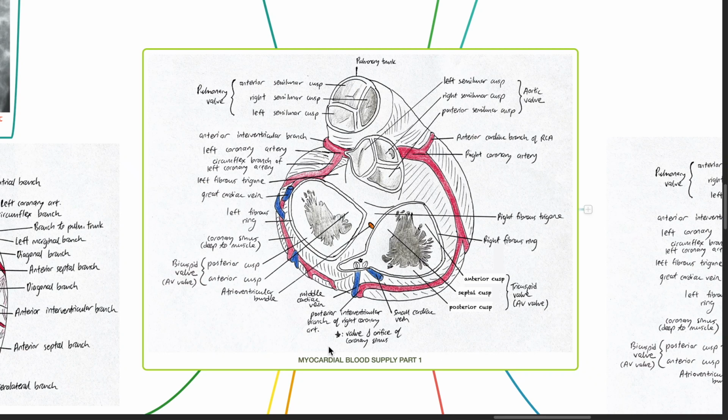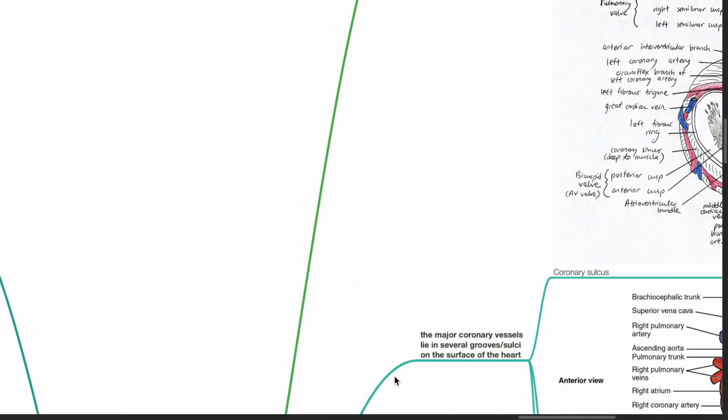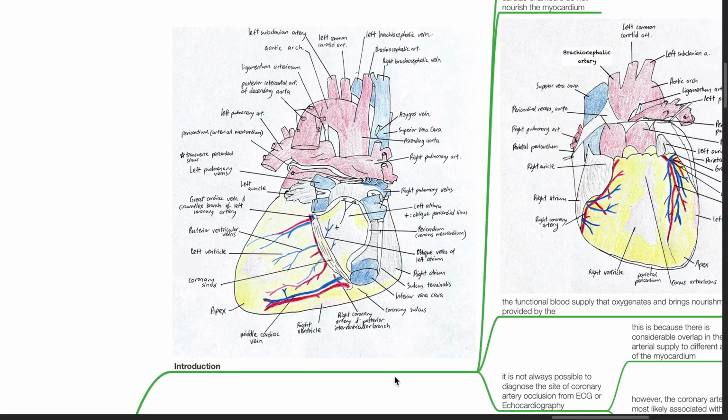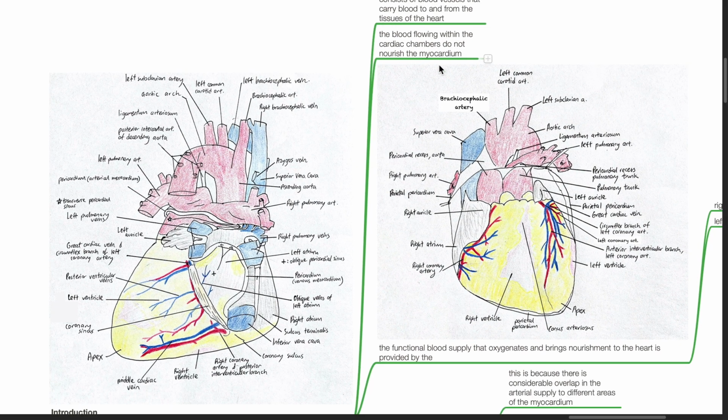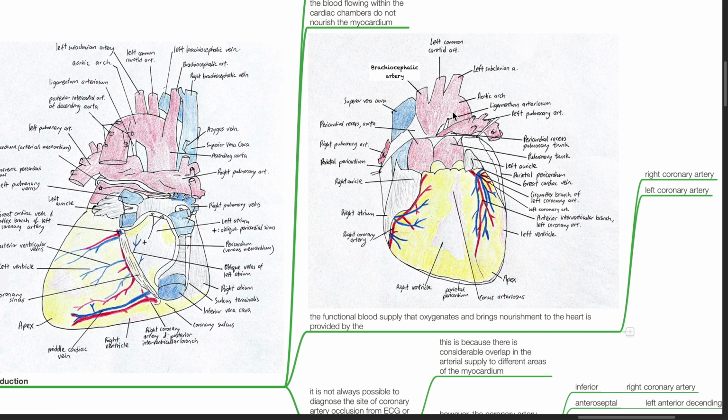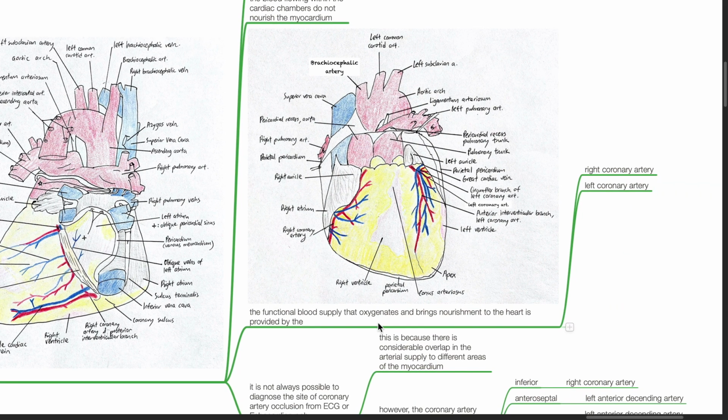Today we'll be discussing myocardial blood supply, part 1. Introduction. The coronary circulation consists of blood vessels that carry blood to and from the tissues of the heart. The blood flowing within the cardiac chambers does not nourish the myocardium. The functional blood supply that oxygenates and brings nourishment to the heart is provided by the right coronary and left